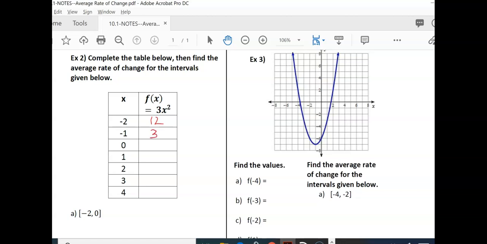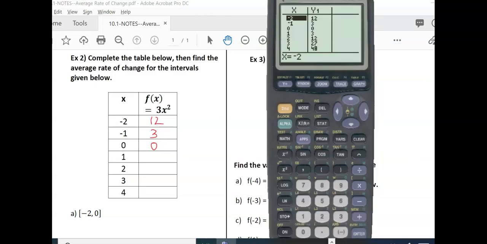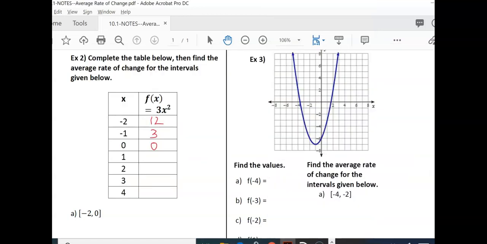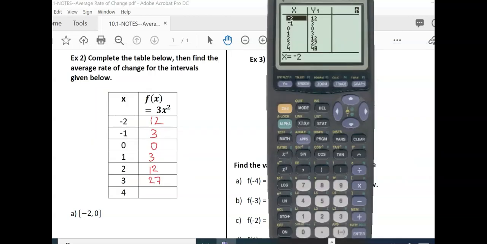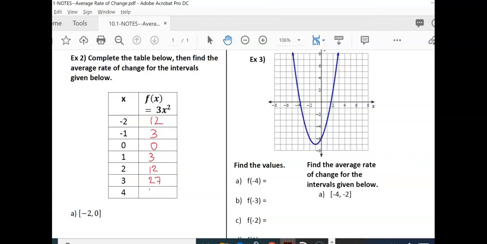$12, 3, and 0. And then we have 3, 12, 27. And then at 4, the value is 48. So